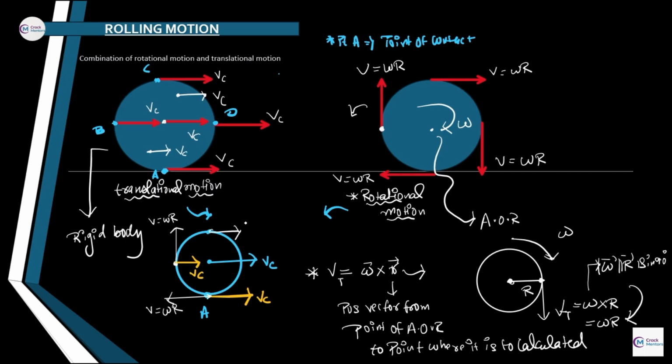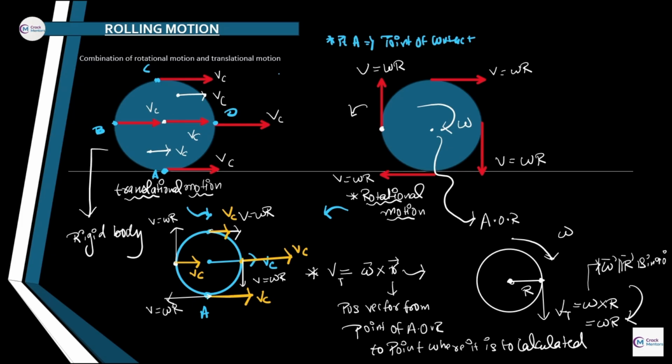This is VC, and now another we have is omega r. This is v equals omega r, and with the yellow color I am marking right here, it is equal to VC. About the last point, point D, we have a velocity of VC, and we have another velocity. Let me choose white color. Then we have another velocity which is equal to omega r. I am assuming that you are getting my point.